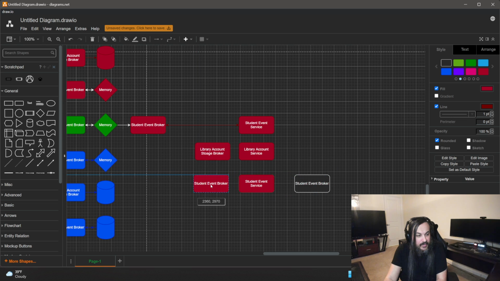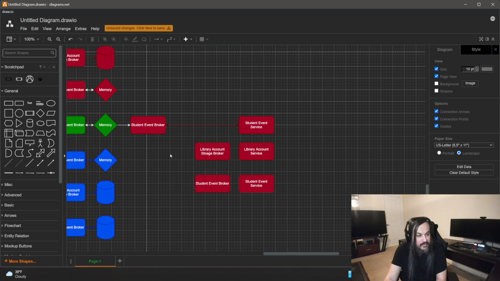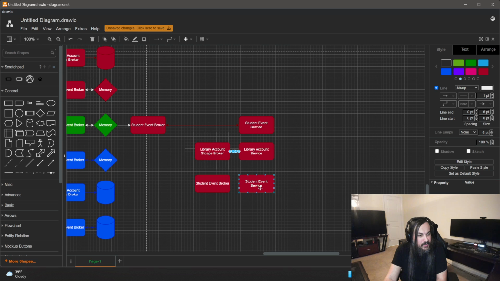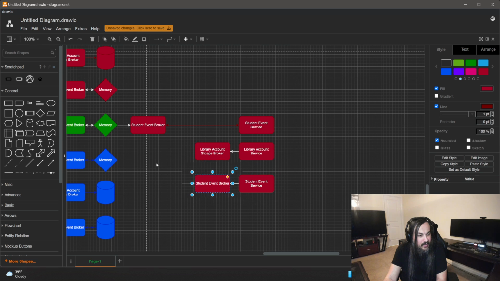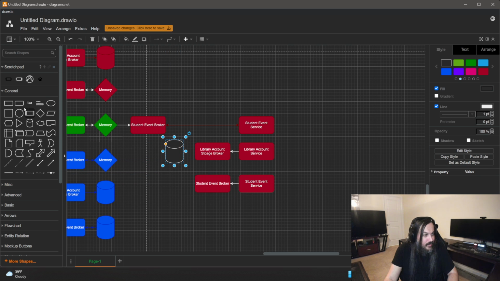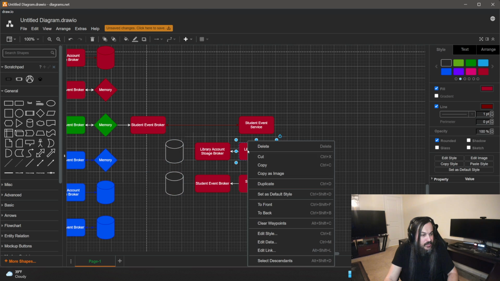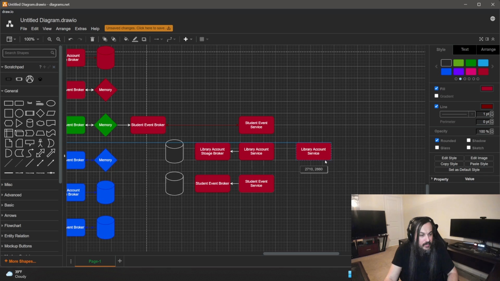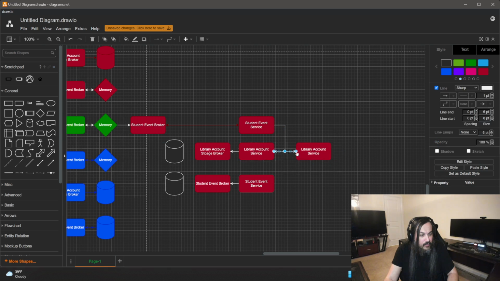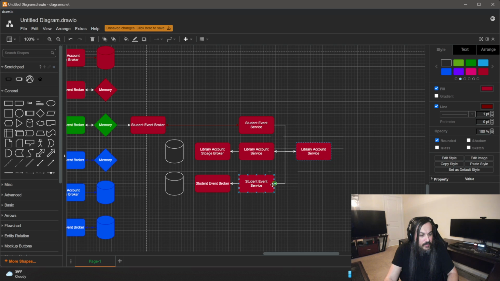Here's your broker, here's your orchestration, and this guy's feeding like this, and there's maybe a database sitting here, maybe another database sitting in here, right? And then you have an orchestration service sitting on top in here, and this orchestration service is basically taking the event and working it towards the other dependency.